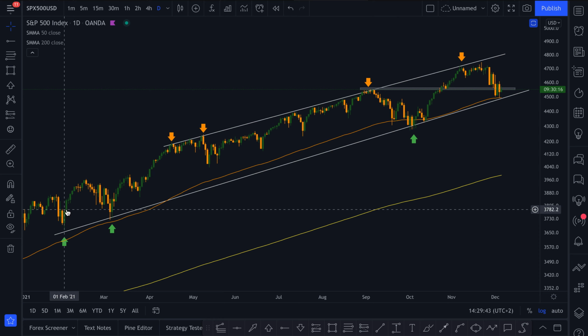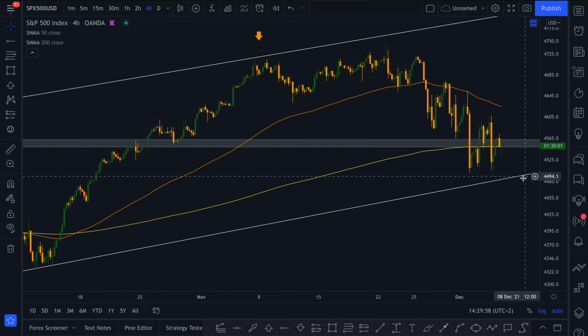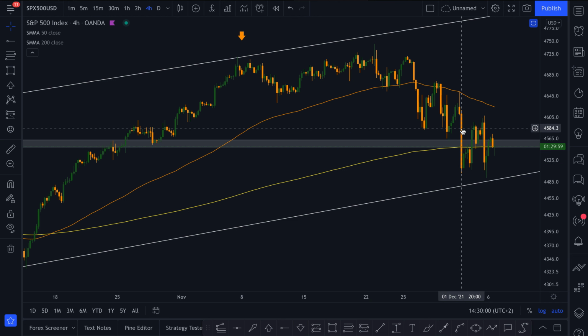So since January of 2021, we can see a huge bullish movement, a nice upwards trending channel and some resistance at this point as the market was clearly overextended, as you can see right here. So what happened is very recently, let's say in the past few days or last Friday, we had quite